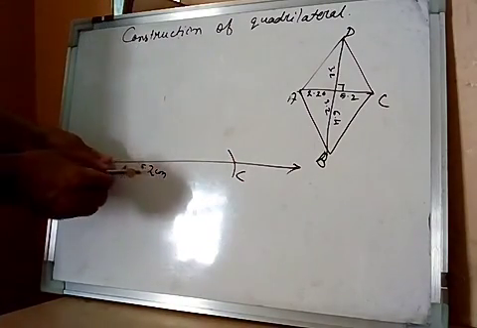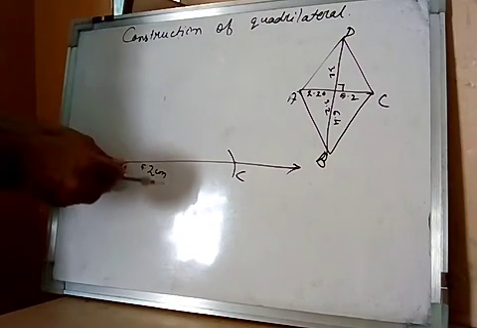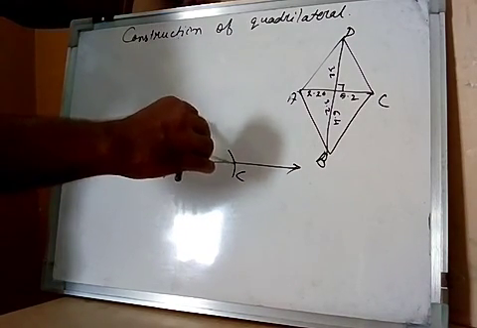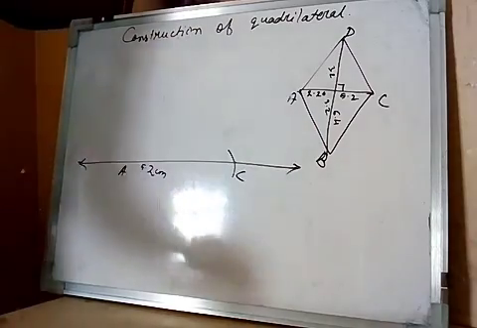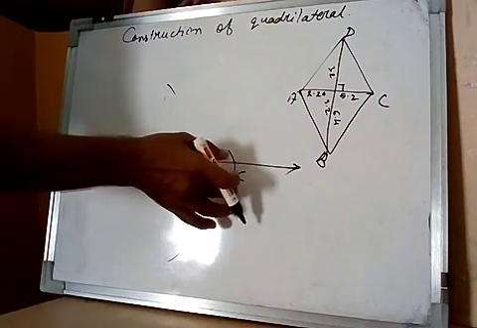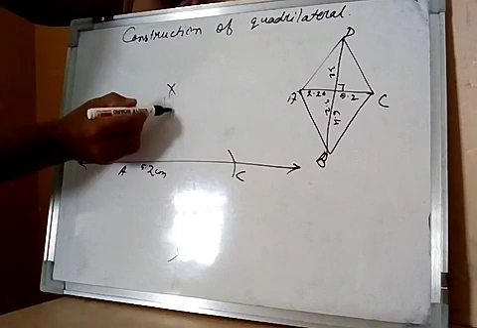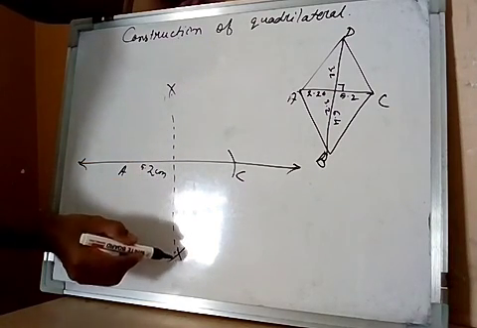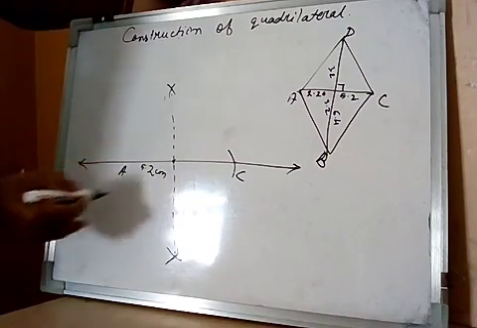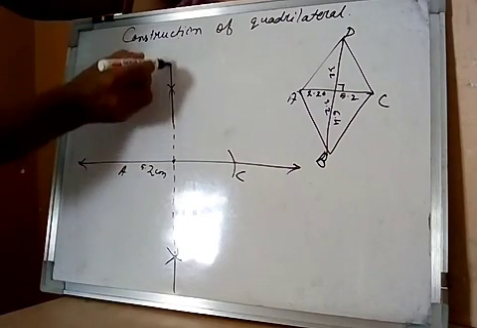So first you have to measure the point A to C, by putting at A one arc up, one arc down. Without changing this length we have to do by putting at C upside one, downside one. So we will get this one, this one, from here putting this one and this one. Now we have to join these two. This point is the midpoint. So here this one we can extend while joining.